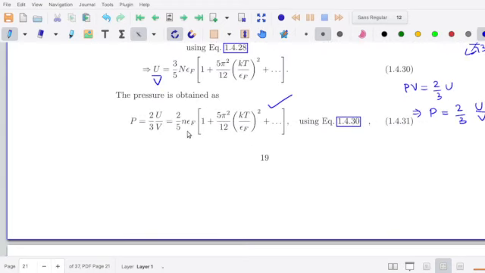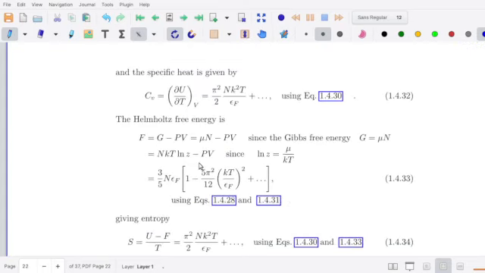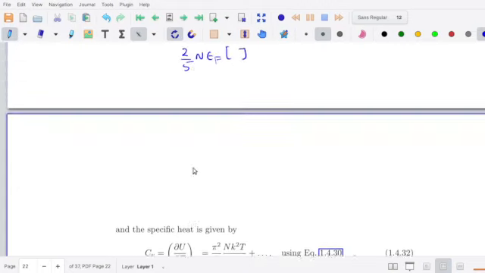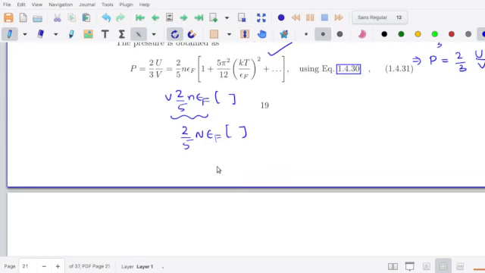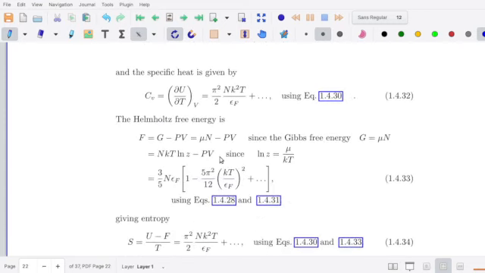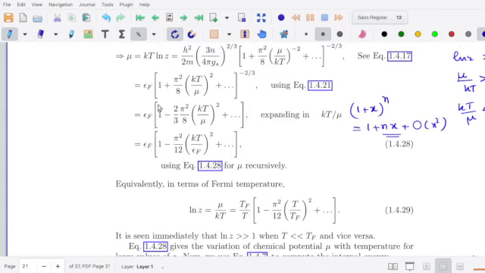So PV will be equal to this times V. So that will give 2 by 5 n epsilon F into V times this. But V into n is equal to capital N, the total number of particles. So over here I can replace PV by this series, which has a prefactor of 2 by 5 capital N epsilon F. So doing that and substituting for kT log Z, which is this series,